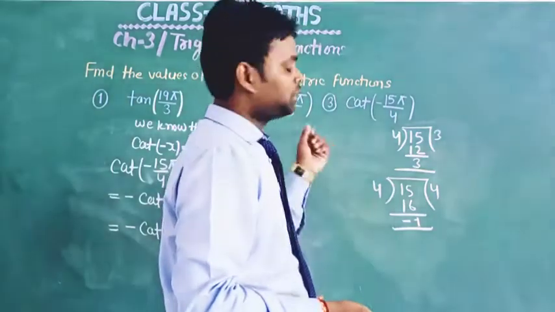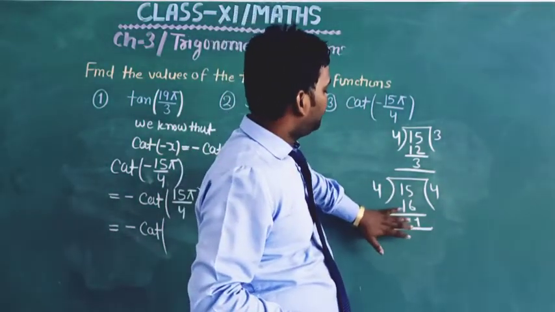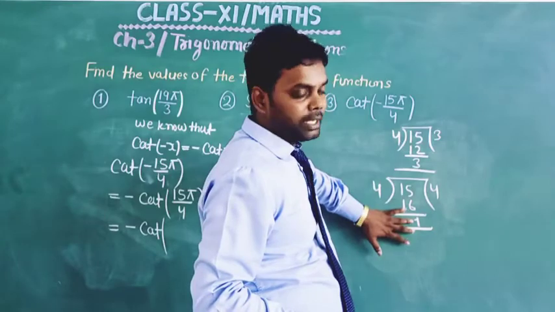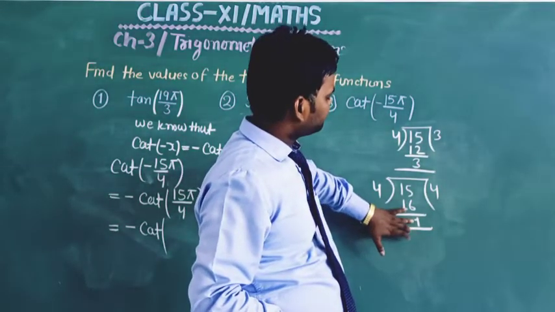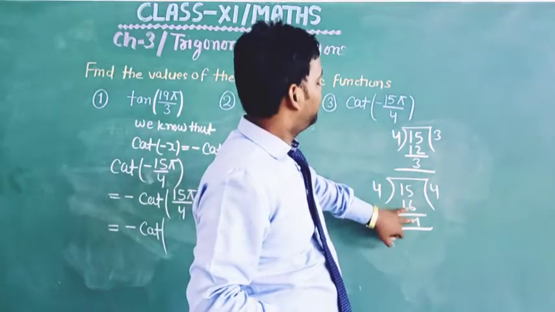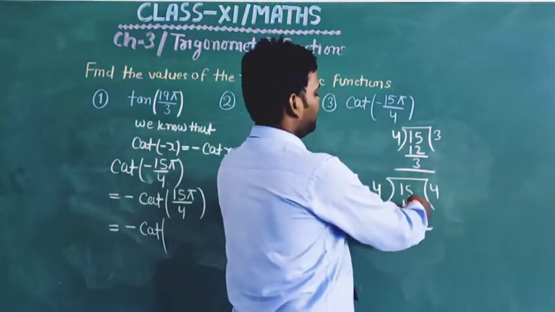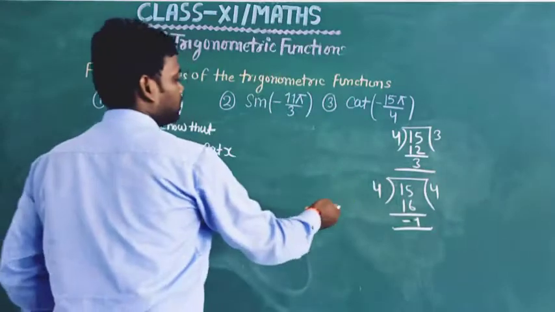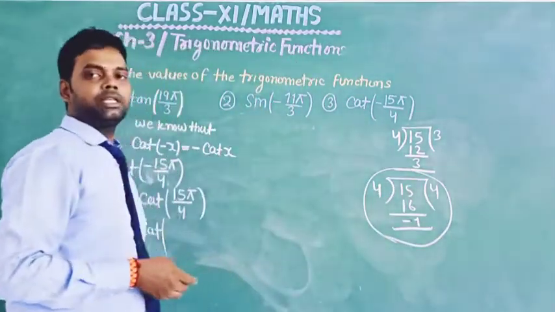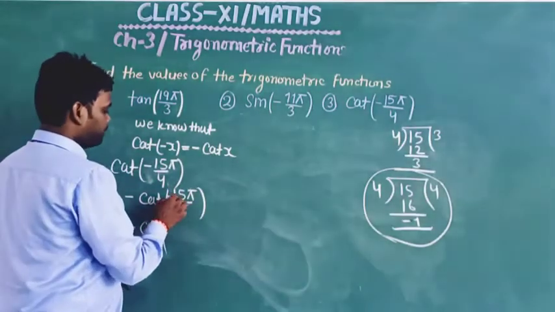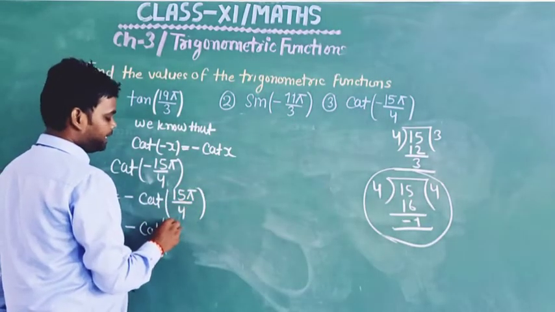After adding the negative sign, we will compare which remainder is minimum. So here we find 1 is minimum, so we take this division. So 15 pi by 4 can be written as